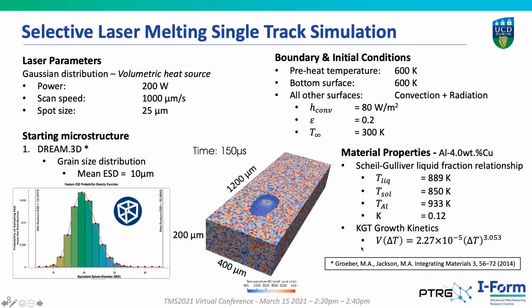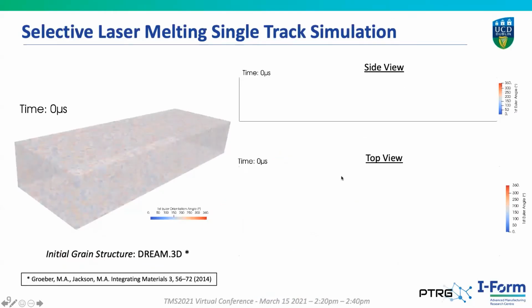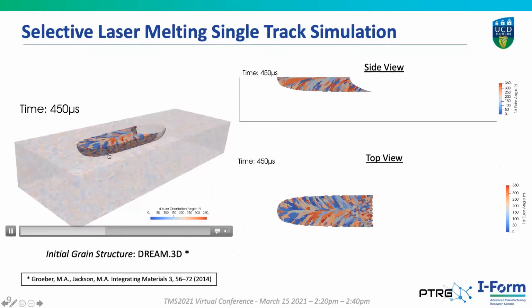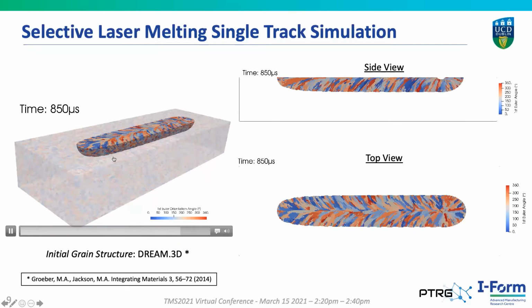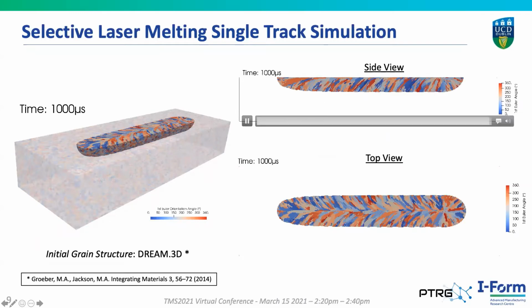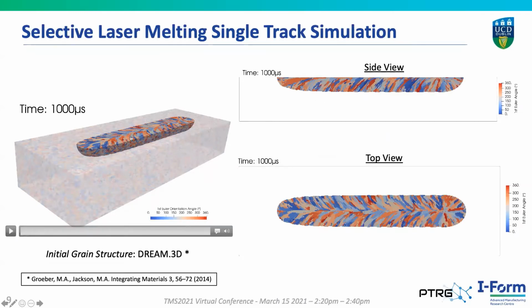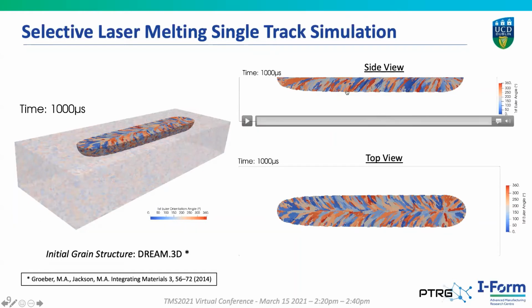If we look at the animation, we can see the path of the laser. Once it reaches the end of the path, the power is switched off and the material is allowed to resolidify. On the left, I show results in 3D with any cells that were melted at any stage being highlighted so that the melt pool can be easily identified. And at the top, I show a narrow slice along the center of the beam. As you can see, a columnar microstructure develops and tends to be aligned with the local direction of heat